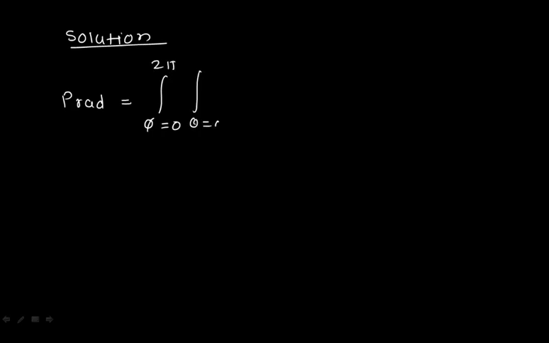So we'll recall what we have seen previously. If you are given the power density, how can you calculate the radiated power? So P radiated is equal to the surface integration, phi from 0 to 2 pi, this is the azimuth angle, and theta is the elevation angle, of W radiated with respect to the incremental surface area. Now we know the incremental surface area is r square sine theta d theta d phi, and W radiated is already given, so I'll put the value of that particular W radiated.